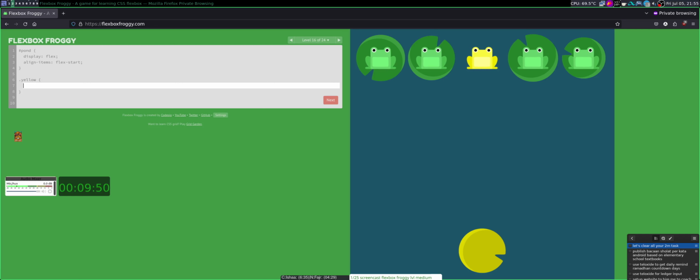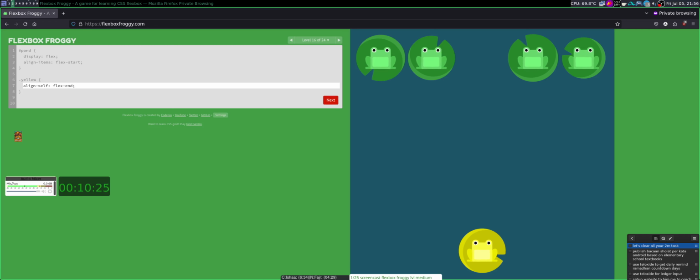Still using order. This is using flex row, align items flex-start, but specify the yellow to the bottom. So align-self, if I didn't know align-self. Okay, align-self is flex-end.